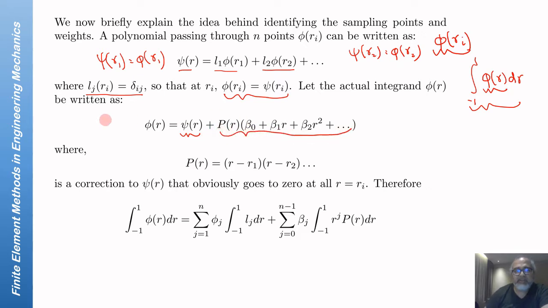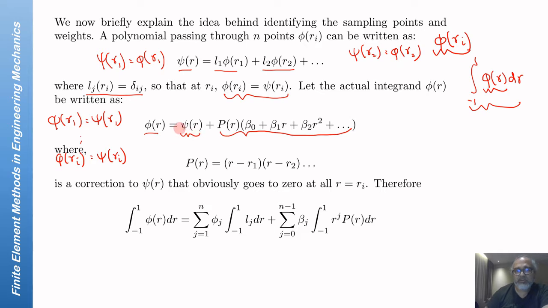Now, already we know that phi r1 is equal to psi r1, and so on, phi ri is equal to psi ri. So at the points r1, r2, etc., we have already satisfied the fact that phi r and psi